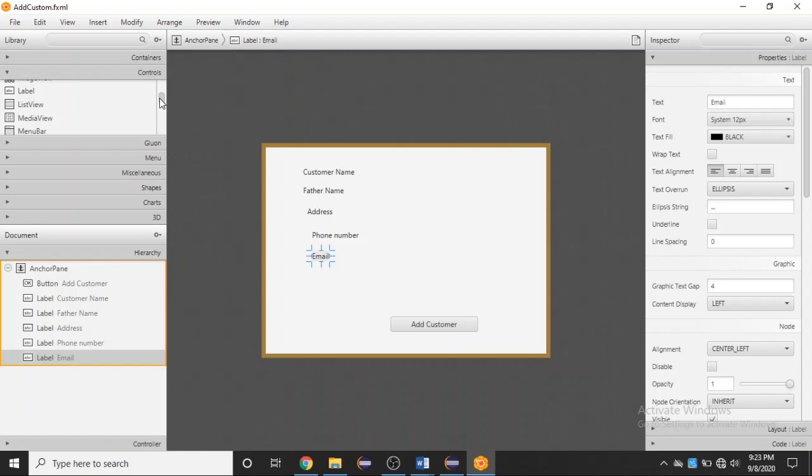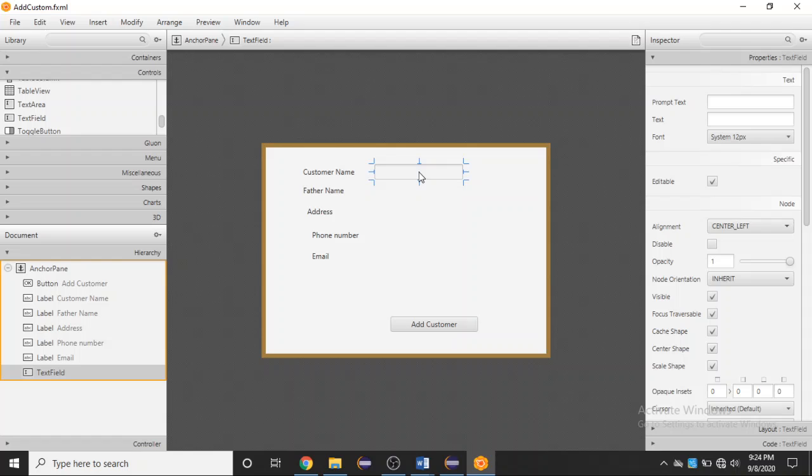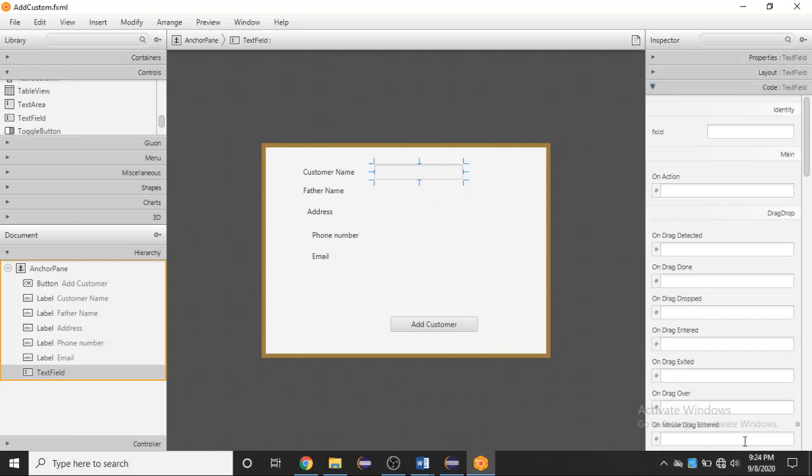Now we will add 5 text fields, and I will set an ID for each. So double clicking on text field, go into code. I will give an ID to my first text field.